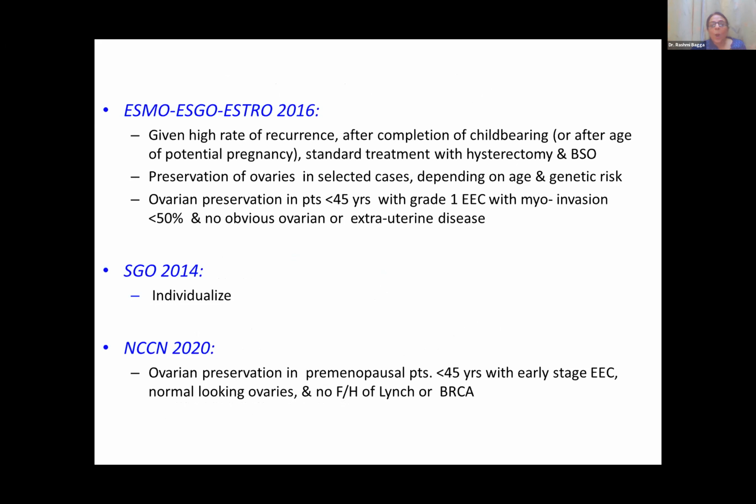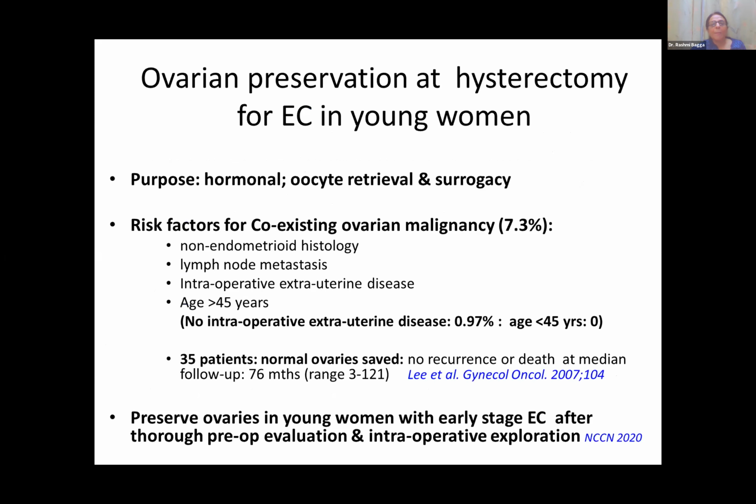However, now there is an option of ovarian preservation in selected cases depending upon age and genetic risk factors. And these women will be the ones who are aged less than 45 years with grade 1 endometrial cancer with myoinvasion less than 50% and no obvious ovarian or extrauterine disease. This has come up because it has been seen that